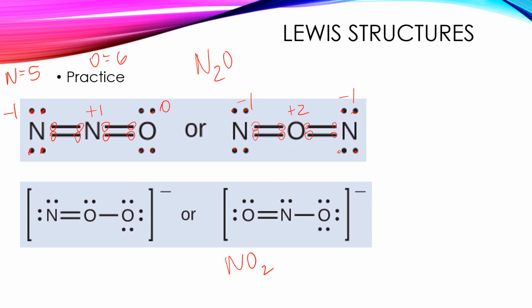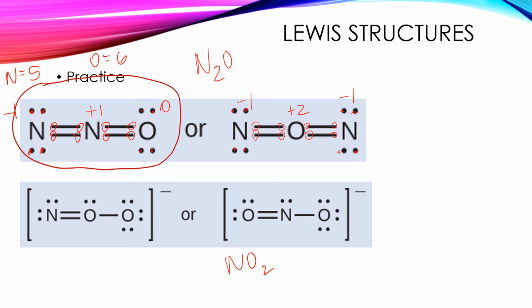That's a -1. So for this one, the preferable structure is the first one, because we have the lowest set of formal charges, -1, 1, 0, where here we have -1, +2 and -1. So we're always going to choose the lowest. From the bottom,